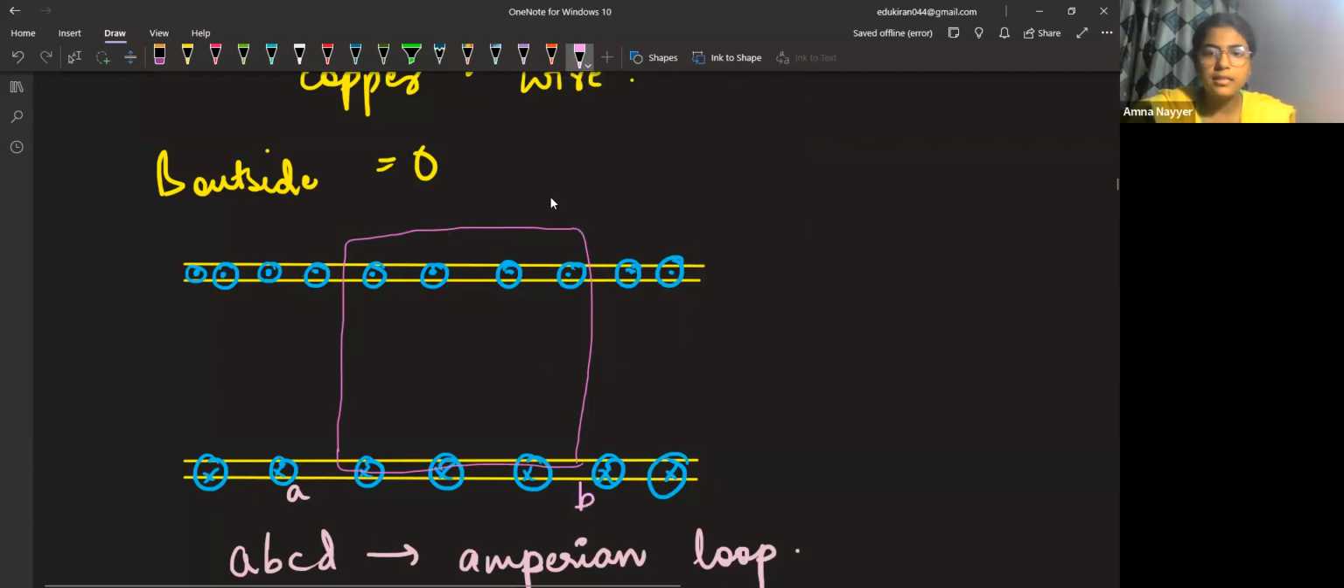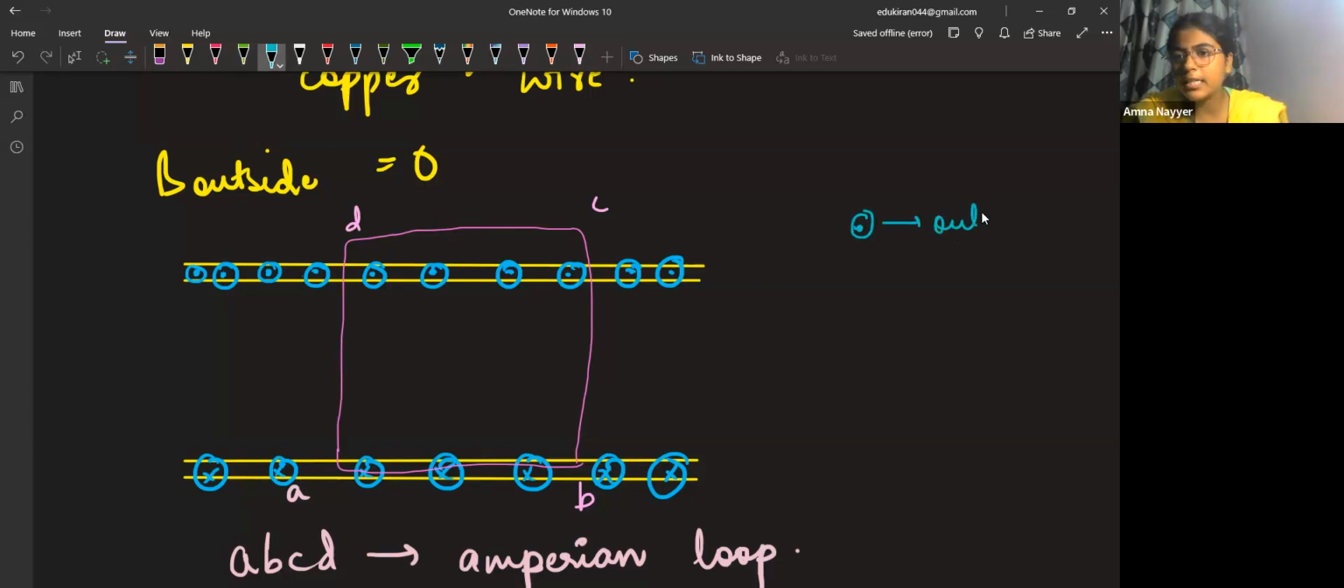This is A, this is B, this is C, this is D. So this is the Amperian loop ABCD which I have taken. Now see, for all the parts we have to find out. So again, I'll tell you this part, this